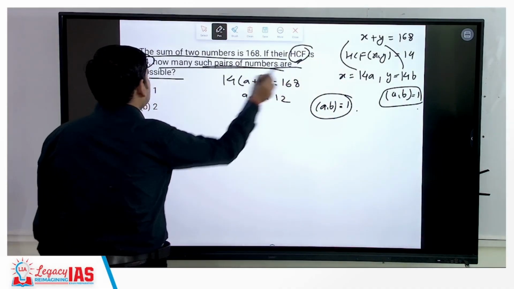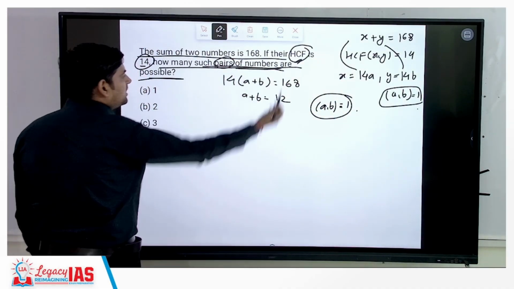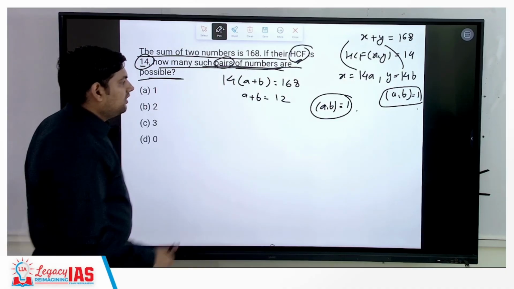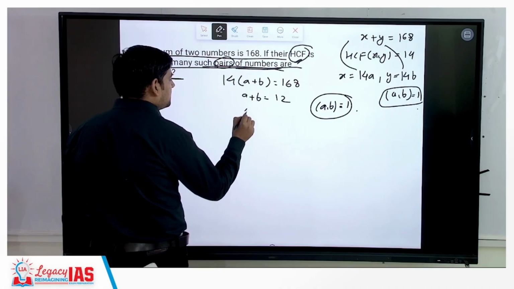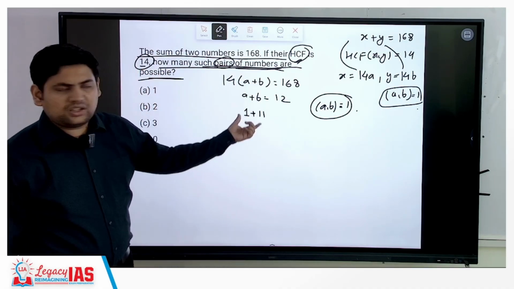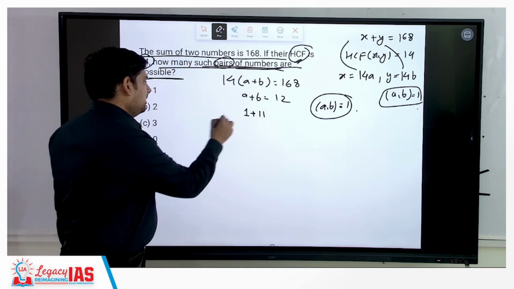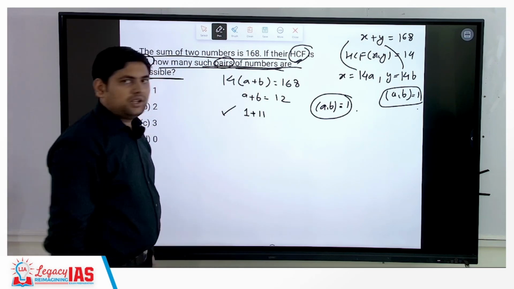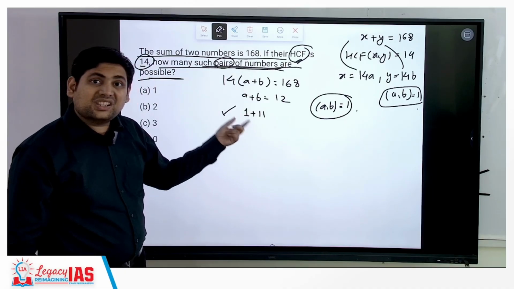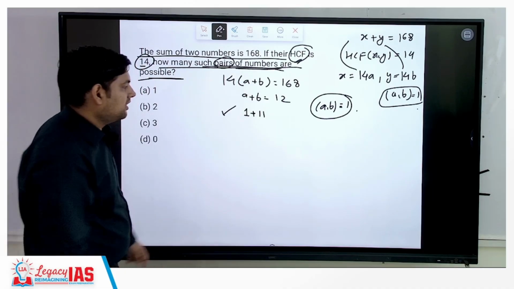So how many such pairs of numbers are possible? You need to find only pairs. Okay. Now let's start going through the pairs. So 1 and 11. 1 and 11 gives you 12. Is their HCF 1? Yes. This is one pair. We won't count it twice, like 11 and 1, because it's the same pair. The number of pairs is asked. Next is